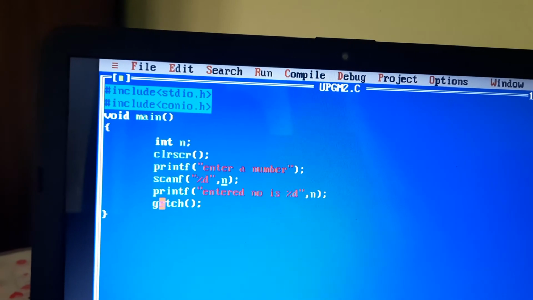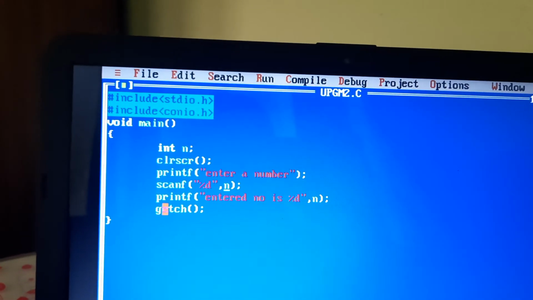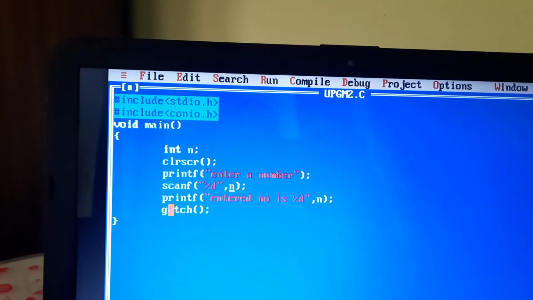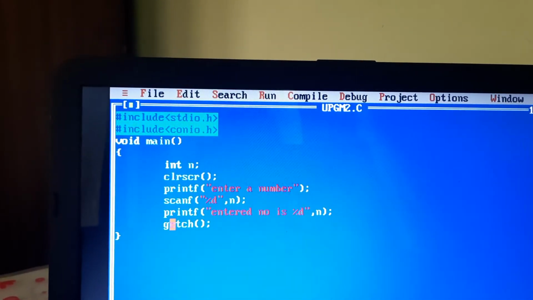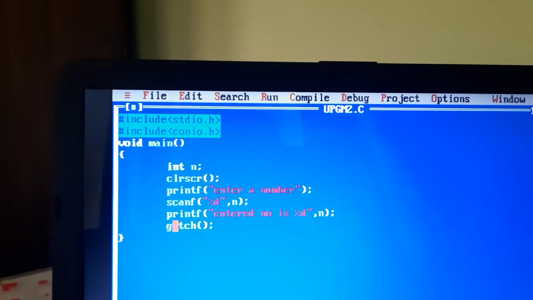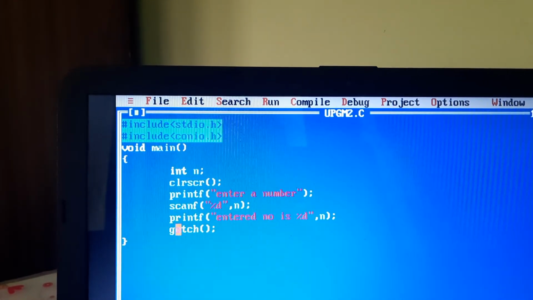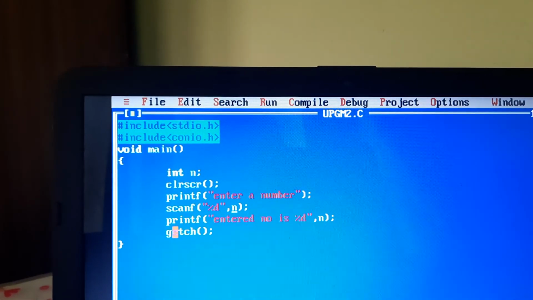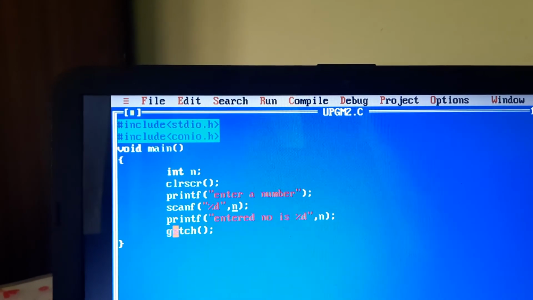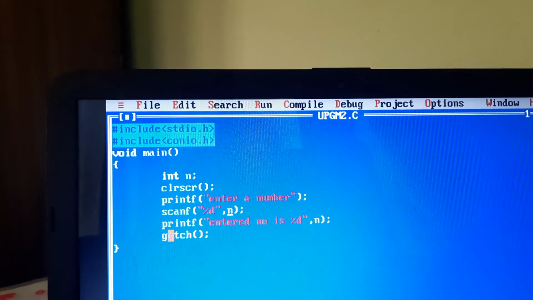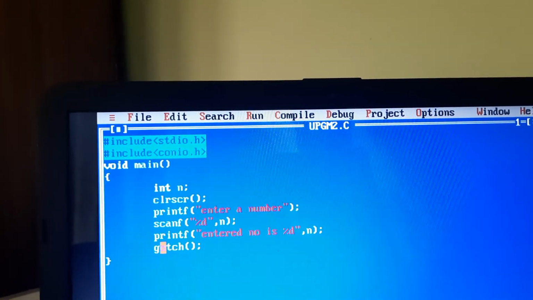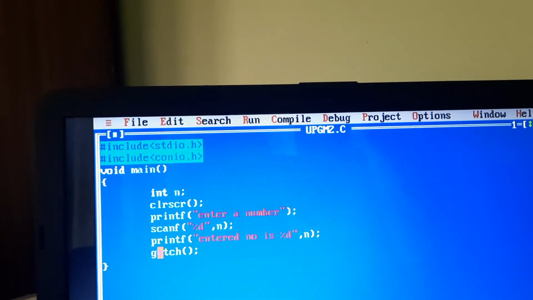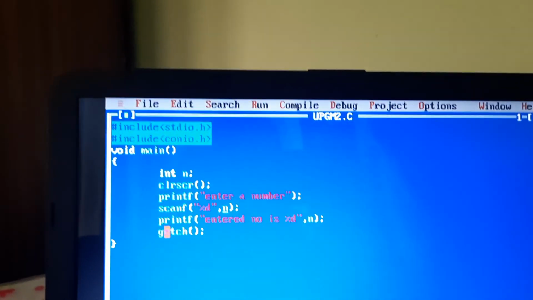That value is called a garbage value. The value 30 I entered is not stored in the variable n, and we also did not initialize any value for n. So it prints a useless value. That value is called a garbage value. Actually, no reading happened here because of the error in the scanf statement. Clear? Okay, thank you.